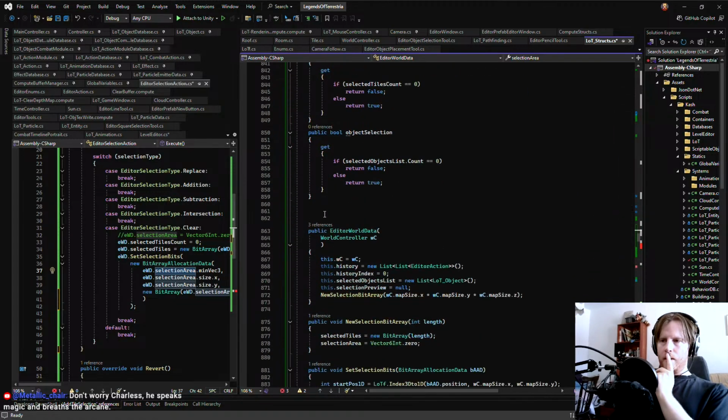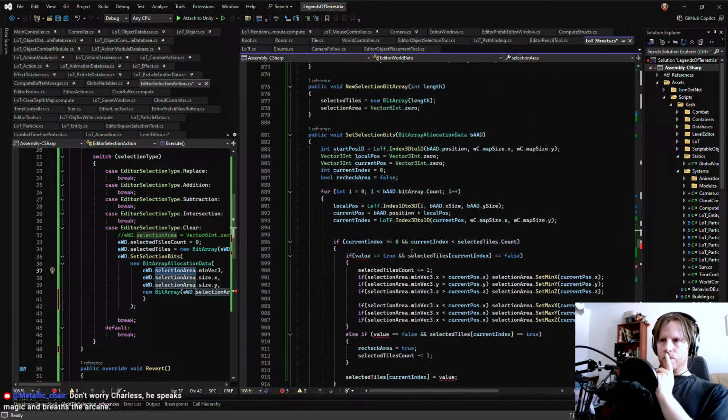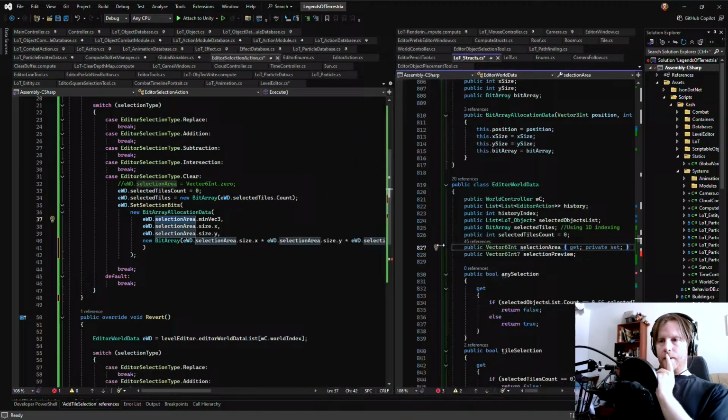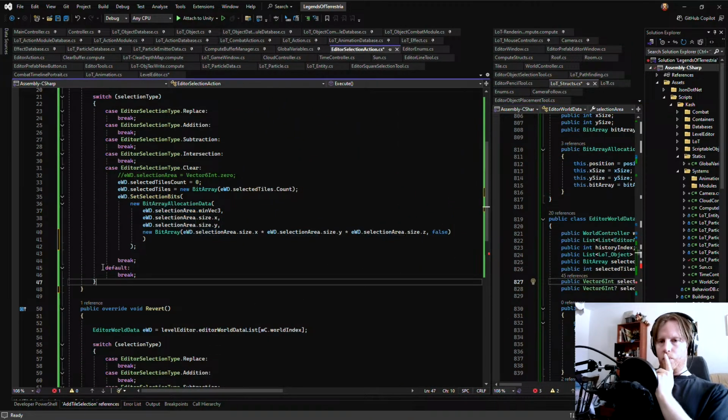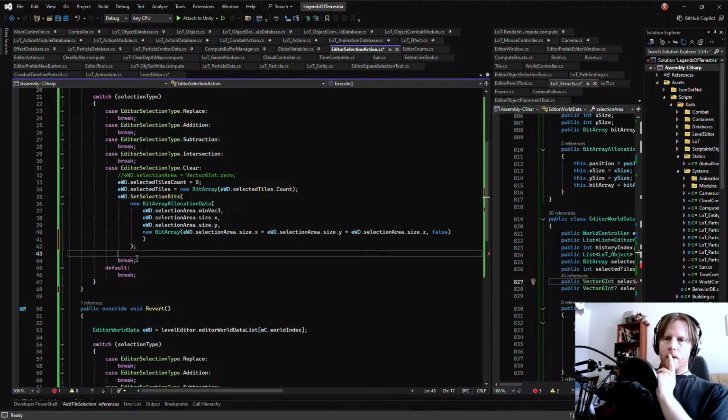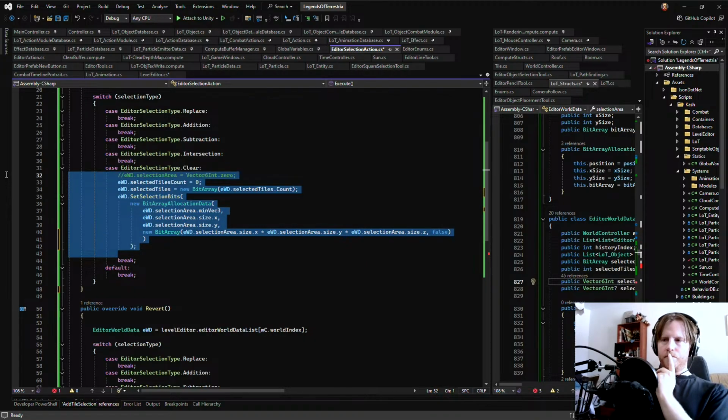I implemented some logic here to make it so that whenever we set bits or remove bits, we at the same time set the selection area to be the min and the max of whatever tiles currently exist in the selection. And then when we clear, I'm using that to minimize the amount of sets I have to do when we clear. Because I could just clear the entire map, right?